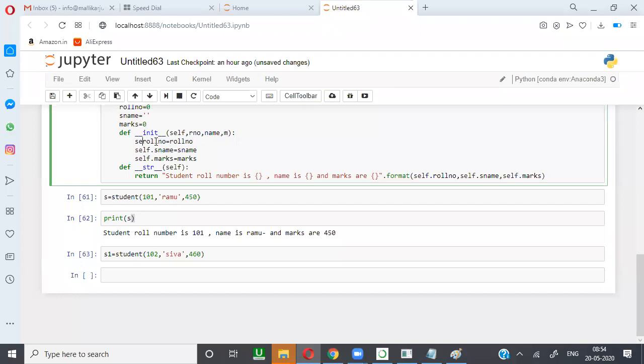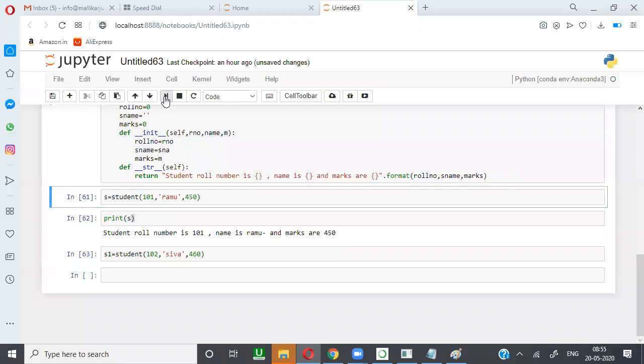Is there any possibility? So I'm going to execute.